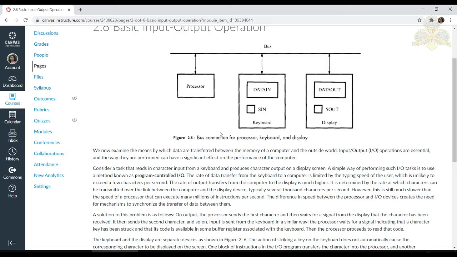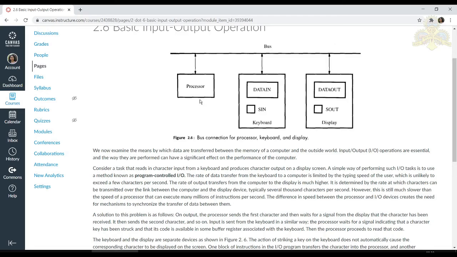Then it has to read that character, and then send the character to the output. Again, the processor cannot directly send the character to the output; it has to wait for the output device to become ready. Once it is ready, it can send it.